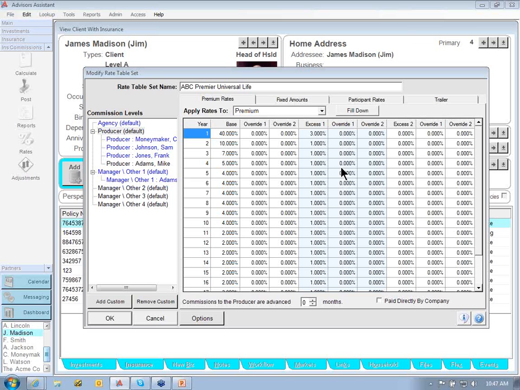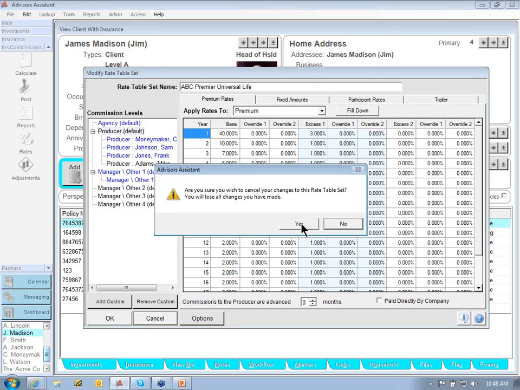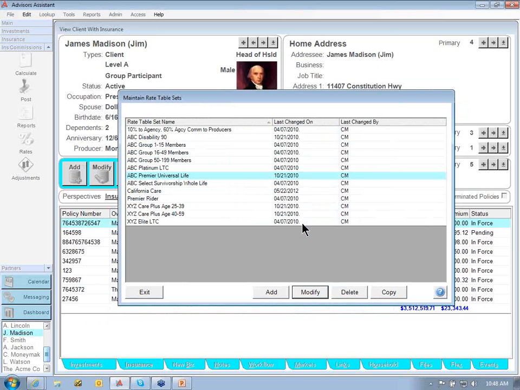Now, the second part of the formula for calculating commissions is located in the policy record. So let's take a look at a policy and see how you set up the policy to calculate commissions. Now, I'm going to cancel the changes to this rate table because I don't want to save any changes that I may have made. So I'm going to click cancel, but you would want to make sure that you always save your changes. So click OK to save your changes, and I'm going to click cancel because I don't want to save any changes. Then I can exit out of my